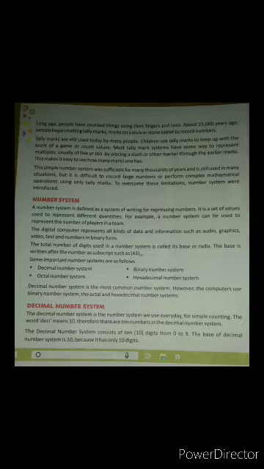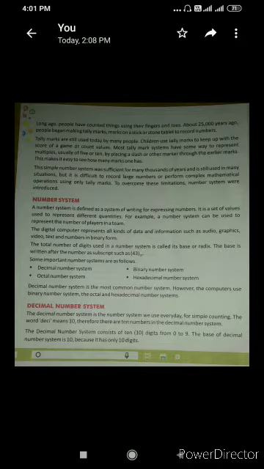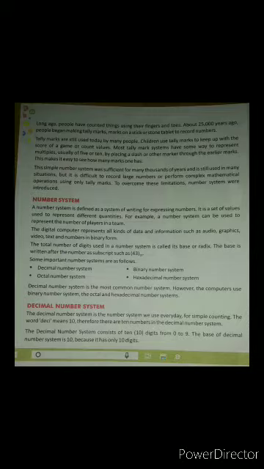So about 25,000 years ago, they started counting with fingers. Still we are using fingers to count. Now you have heard about tally marking. With tally marks we count, from mathematics and all. So directly we start with the number system. You should read all three paragraphs above. So we are going to start the number system topic, which is written there.